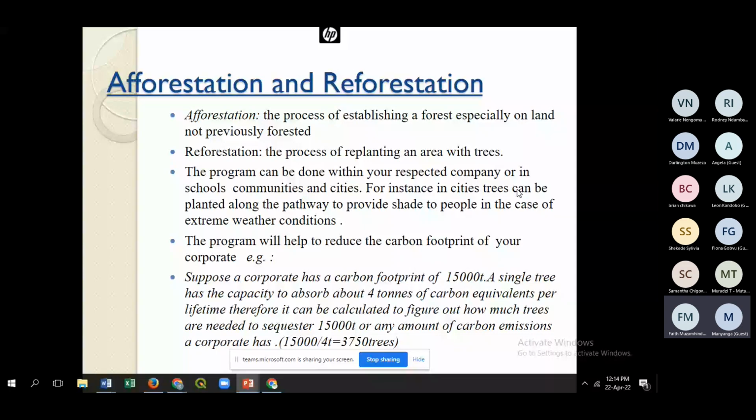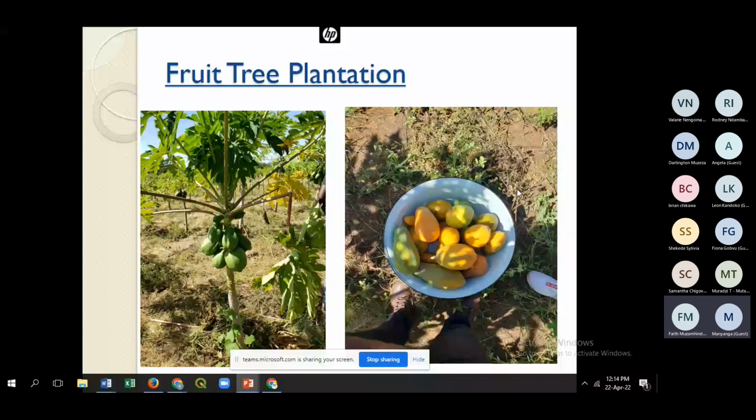So there's need for corporates to have that paradigm shift and change and see the opportunities that are there in the climate crisis, and not just to see it as a crisis on its own. But there's a critical element when it comes to corporate social responsibility, that of ensuring that our communities in which we operate throughout the country, they are facing the climate crisis, and they need to be assisted or capacitated to have adaptive measures or adaptation measures that will empower them to be resilient to climate change.